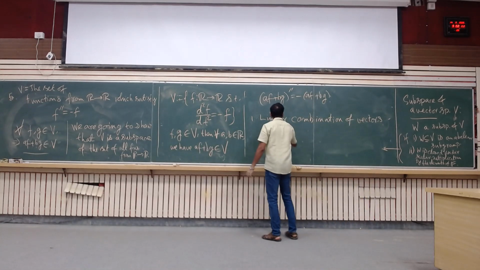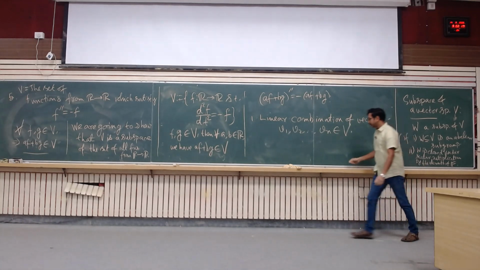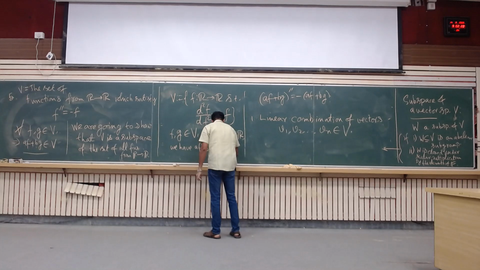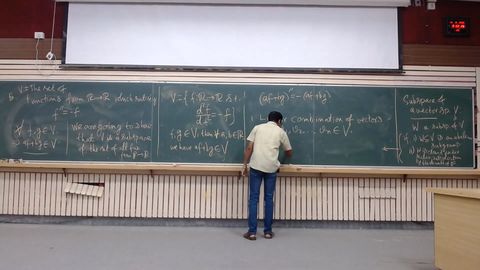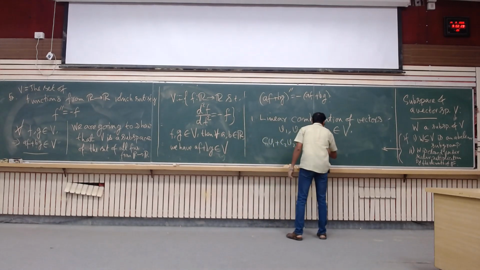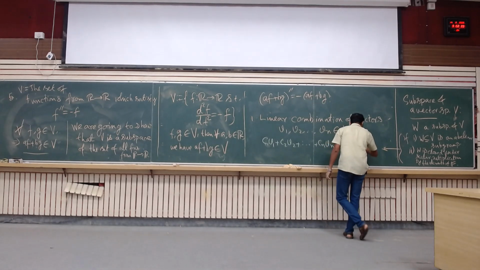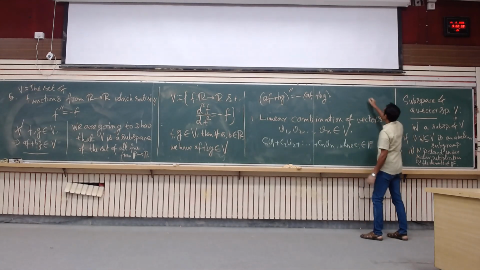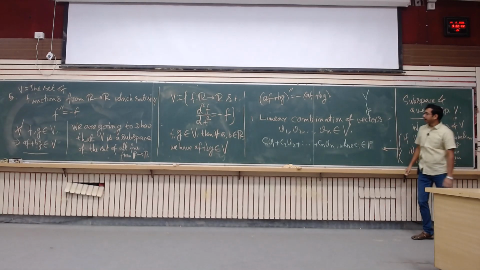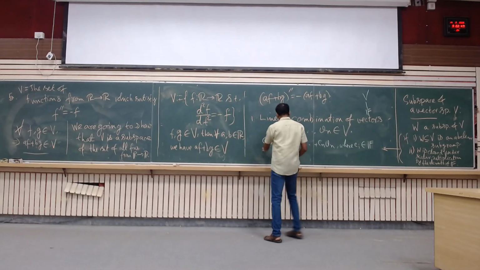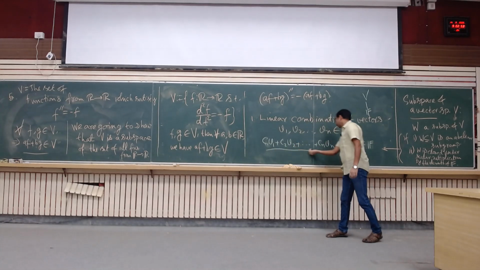Of vectors v1, v2, ..., vn in some vector space V. By a linear combination of vectors, what do we mean? c1 v1 plus c2 v2 plus ... plus cn vn, where the ci's are from the field. So for this vector space V there is always, of course, an underlying field from where the scalar multiplication will be defined. And a linear combination is just such a thing where all the coefficients are coming